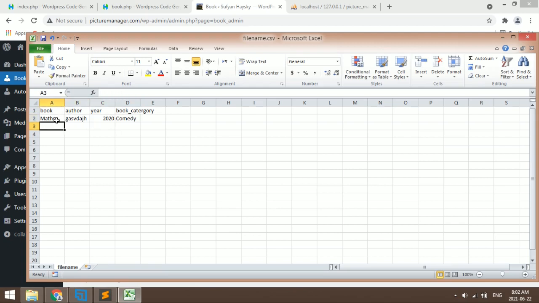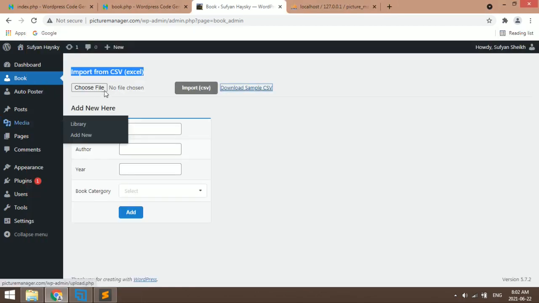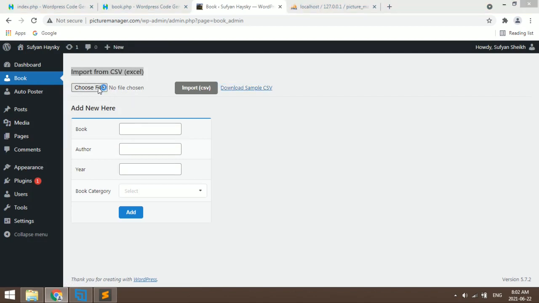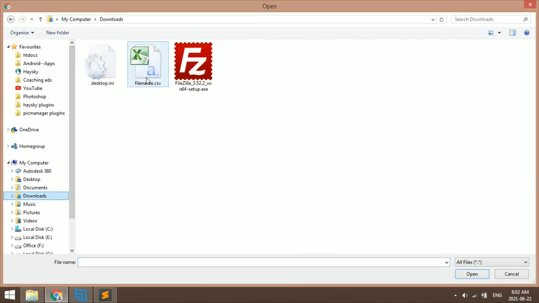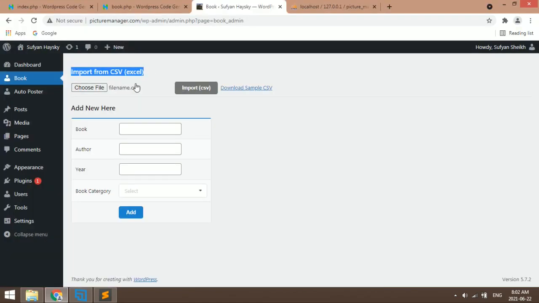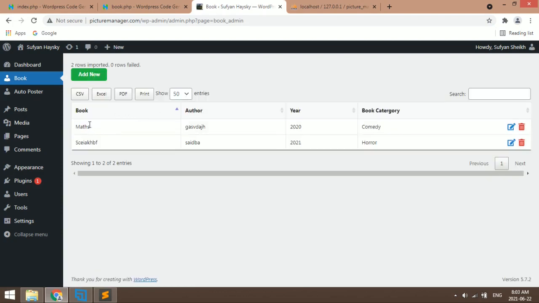So like this you can create some books here. Okay, and save this file. Okay, so this is our file, and then click on import. Now two books are imported.